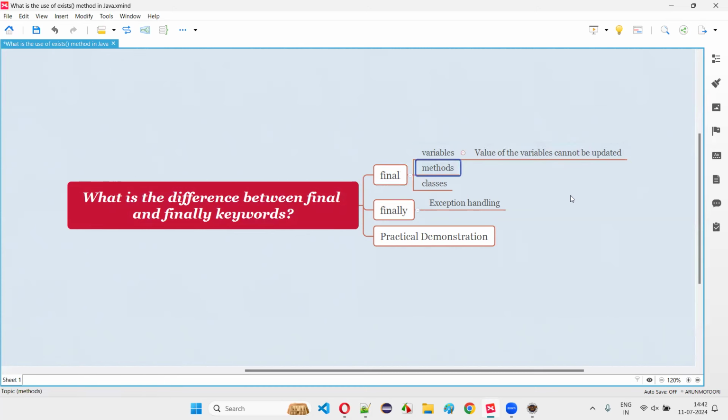But what will happen if you specify the final modifier before the methods? These methods cannot be overridden by the child classes. You cannot override these methods in the child classes. That will happen with the methods. If you specify the final keyword before the methods, those particular methods cannot be